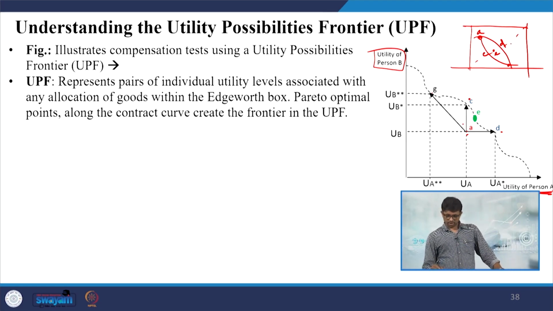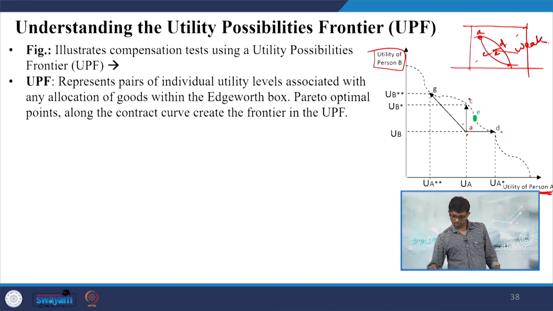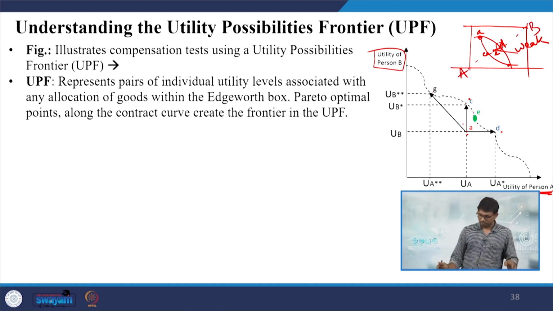E, as we already mentioned, is a possibility where there is no question of trade off and both will gain, say improvement, Pareto improvement, but without any single person being in a position of worse off or losing to any extent. Hence, E is improvement, but it is called weak Pareto improvement. Whereas, if we are discussing point C and point D, yes, either person A will be gaining or person B, there will be some trade off. Okay. So, these 2 points are called strong